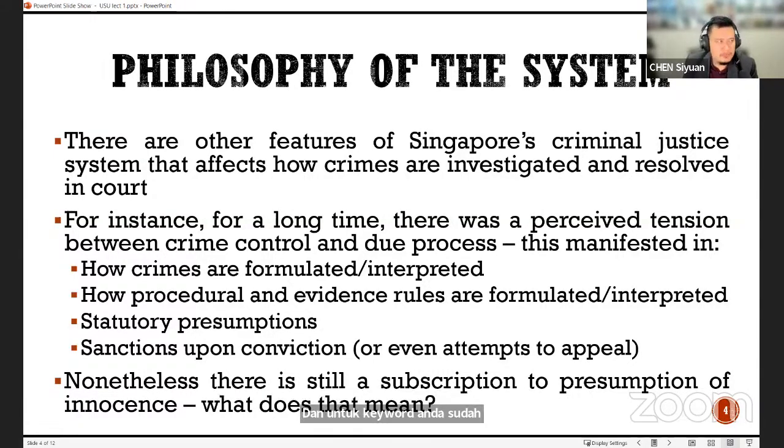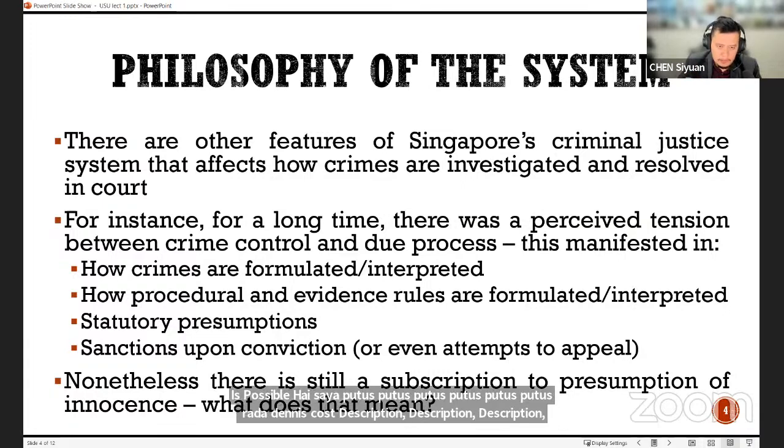It sounds like it's more a common law thing. In many jurisdictions, they actually do that. Certainly in international criminal law, there are these ideas as well. And one is therefore tempted to conclude that presumption of innocence is just a very bare and thin concept, right? It doesn't have any extra meaning.